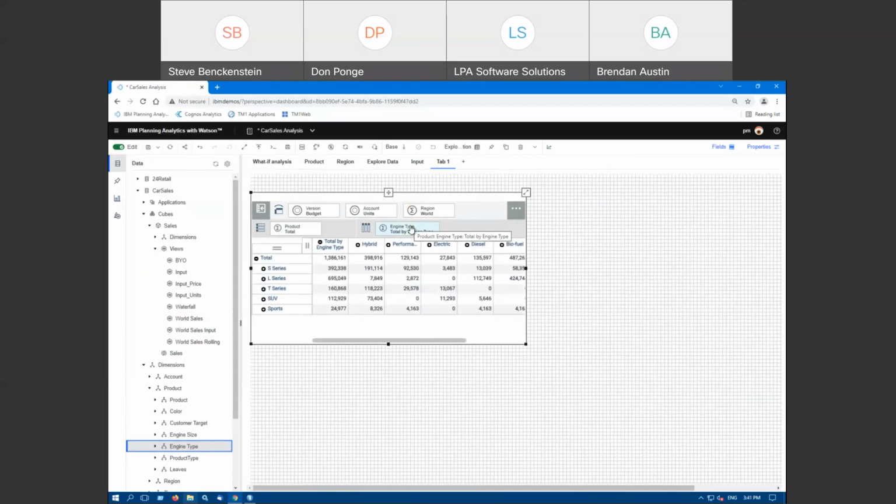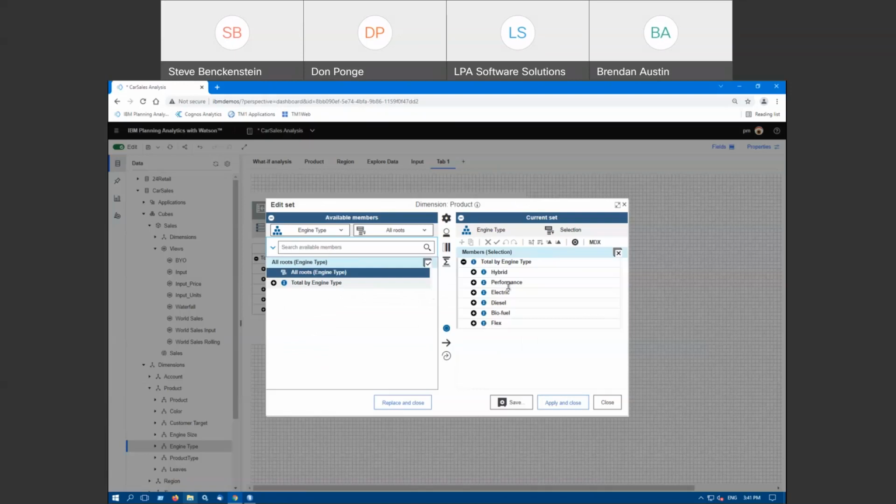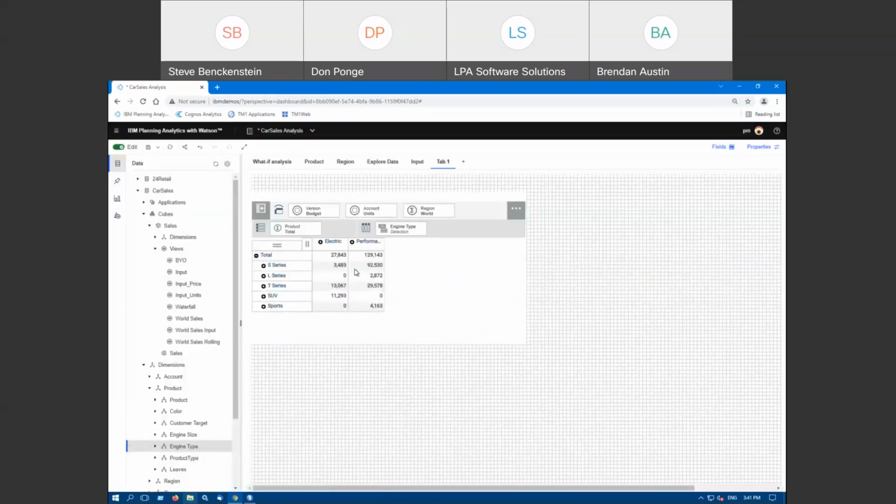In this case, maybe I want to look at, I'm going to pare down the results here. So I want performance and electric. I select keep, and then we just have those two suspects. So we pare down our results here. What we could do here is, in this case,